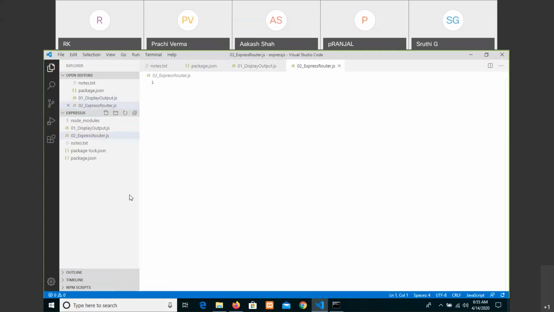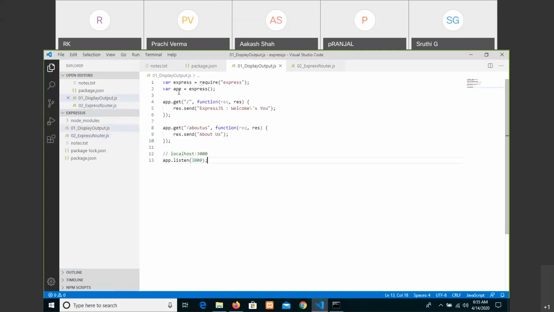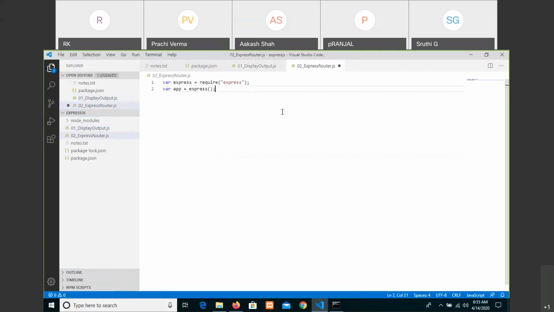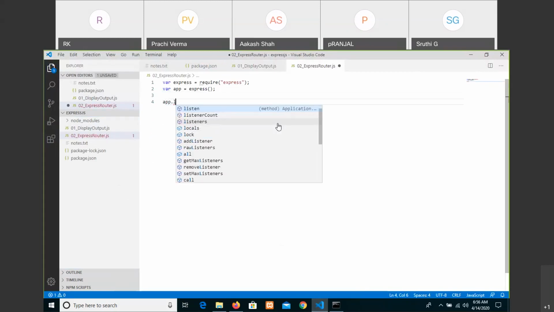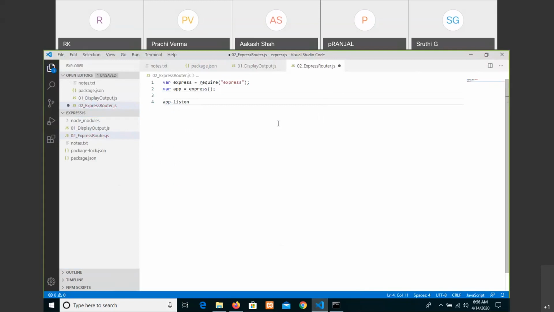Okay, the first two lines are common, so let us just copy these two lines. Then anyway we have to open that output on a particular port number, so that is also a common thing that we write at the end.